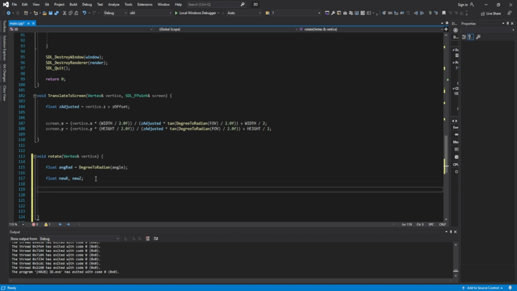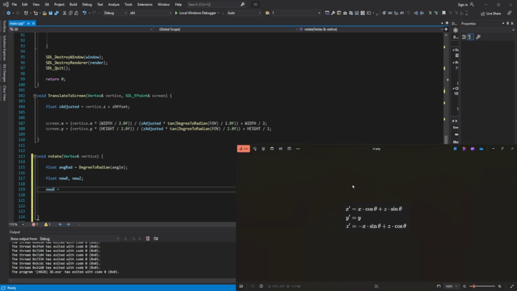So in our code, I'm going to set the new x to be basically a copy and paste of the equation we have here. So the new x will be equal to the current x times the cosine of theta. So the vertice.x times the cosine of theta, which needs to be in radians, so we'll use that there,